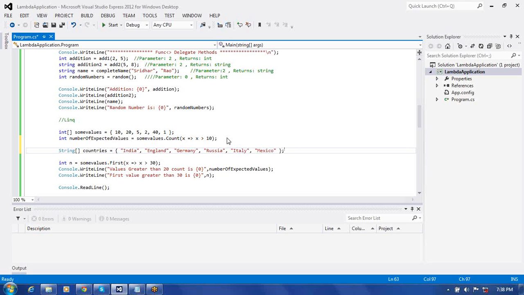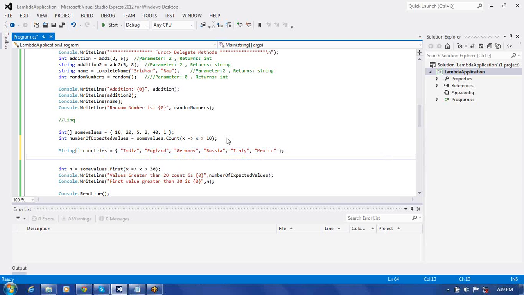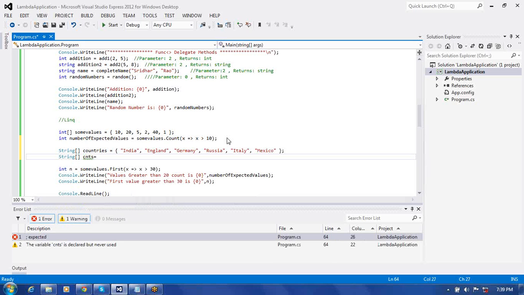We have like this. India is containing here 5 characters, England is containing 6, Germany is containing 6, Russia is containing here 6 characters, Italy is containing 5, Mexico is containing 5. Now I want to find all those strings whose length is equal to 5. Therefore here I put like this, string followed by CNTS equal to, now what I can do in this, countries dot,